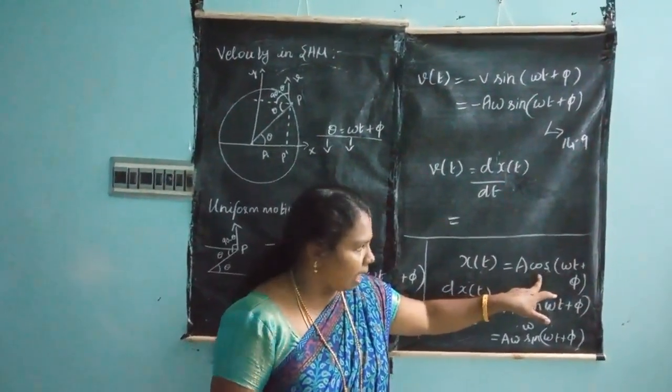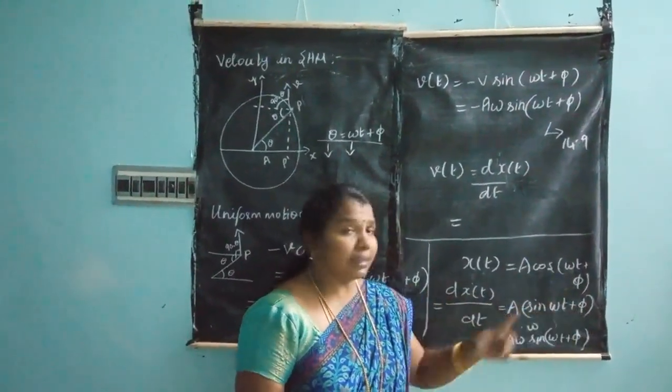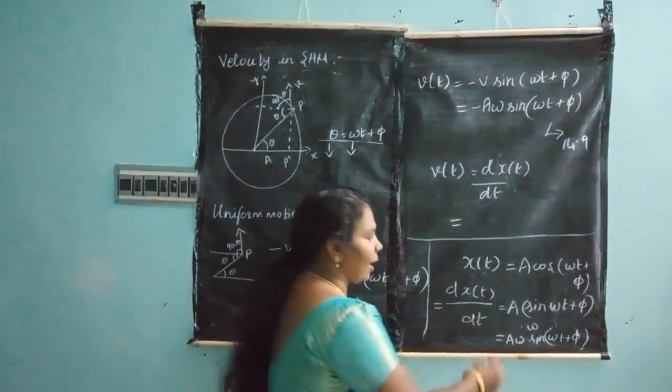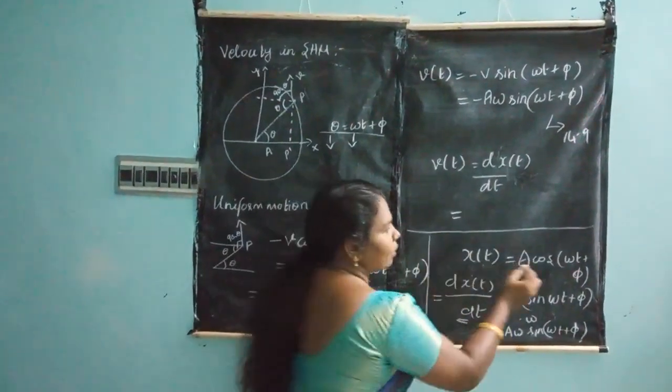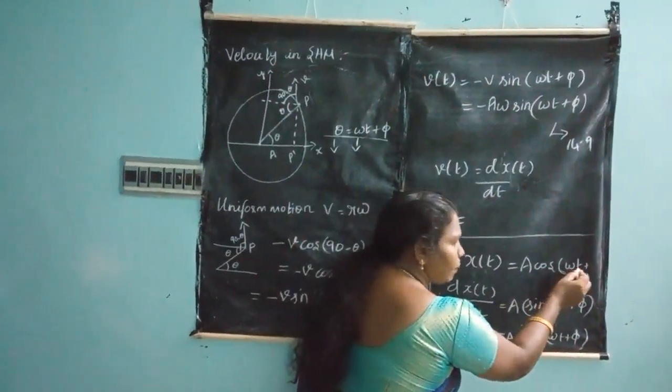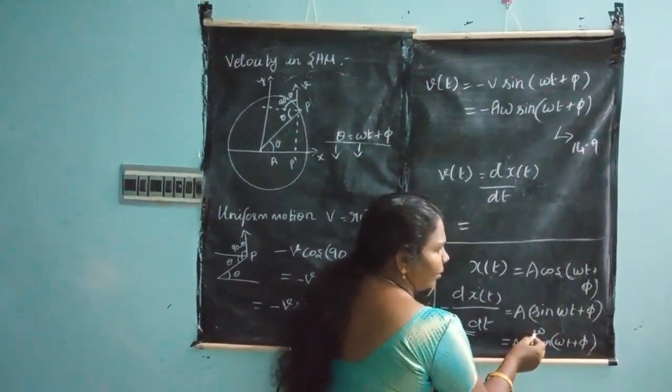Yes, that is cos(omega t plus pi) and sin(omega t plus pi). Again, one t term is there because I am differentiating with respect to time. So see here, this is the t term. With respect to t, I am differentiating the omega, so what is the answer? Omega. Did you get it?